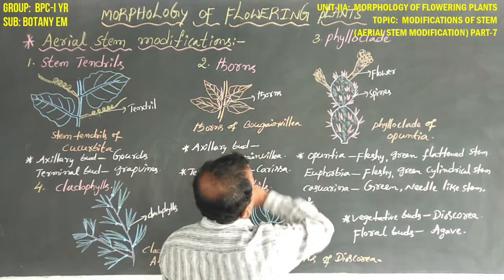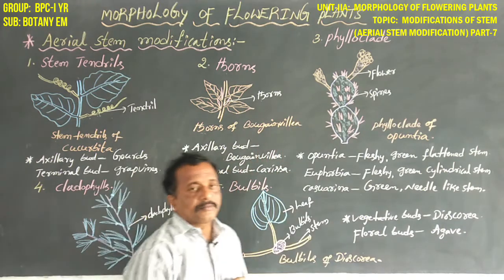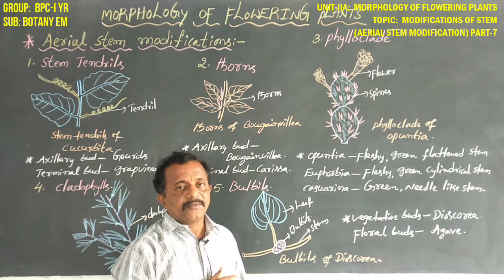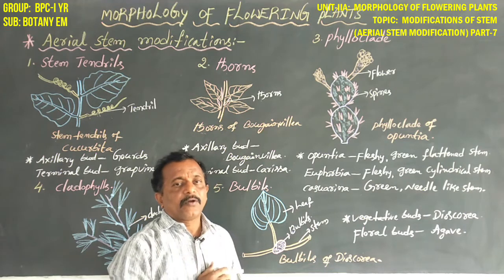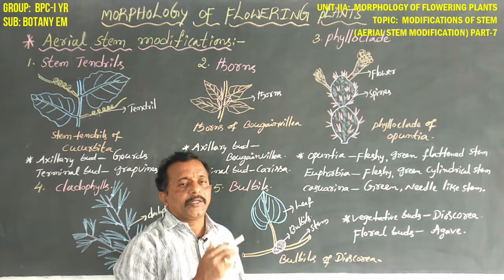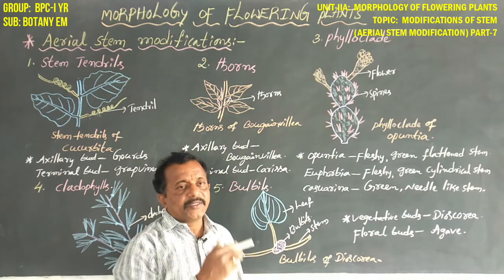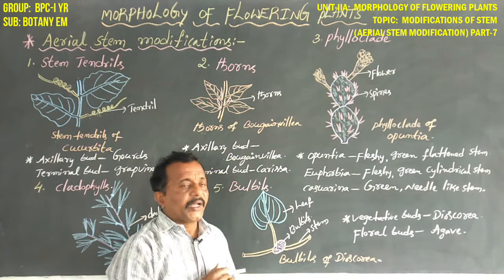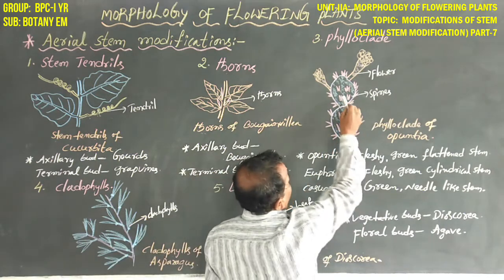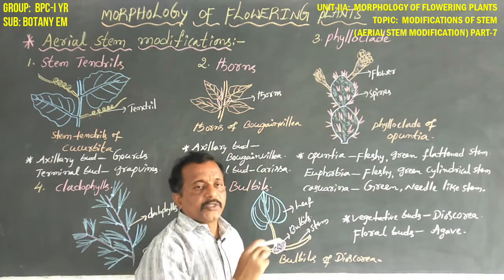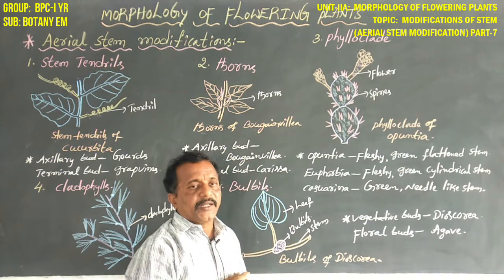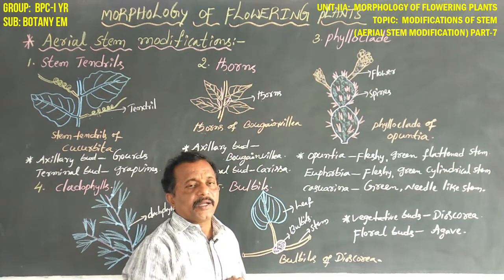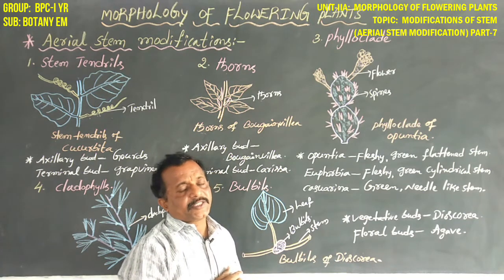Next, coming to third one, phylloclade. Generally, in most of the plants, the leaf is always greenish in color. Why? Because it contains chlorophyll pigments, especially in chloroplasts. But in some of the plants, the stem is also green in color and leaf-like in structure. So generally, the leaf appears greenish in color and flat in structure. At the same time, the stem is also green in color and flat in structure.